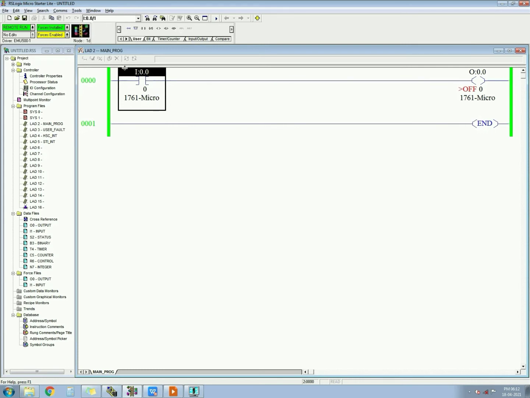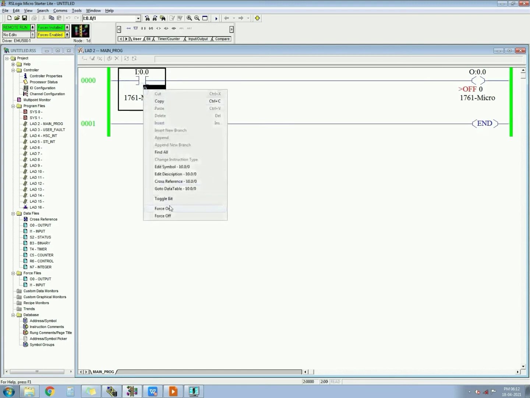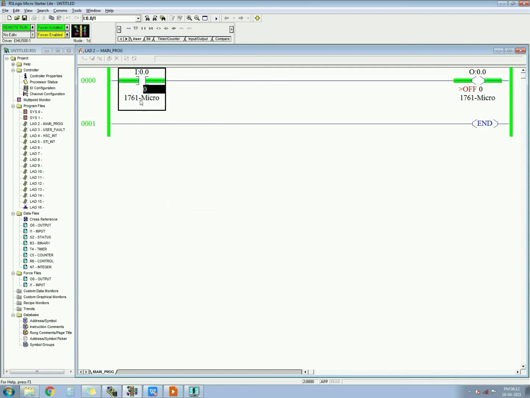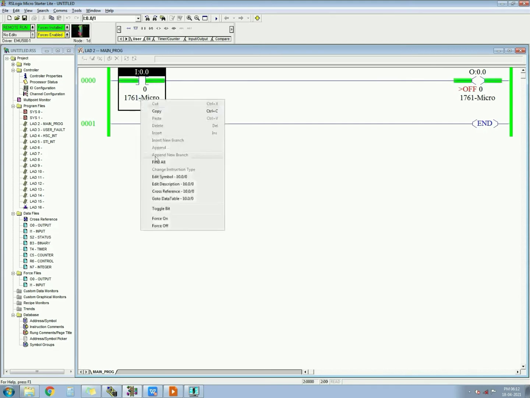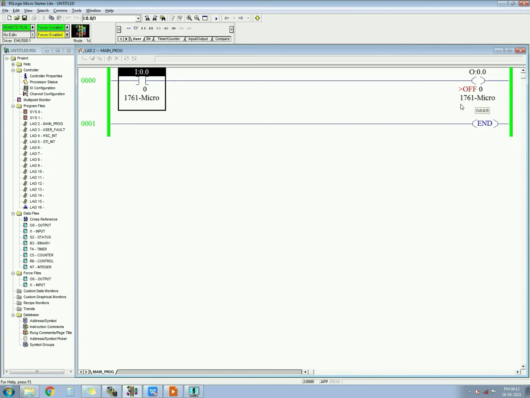If this input is not a toggle switch, this input is a push button, then when you force on, it means when you press, it will remain on. Then when you release that input, it becomes off. So this output doesn't remain on. In industry, what we do is we latch the output, so that when I am pressing the button and releasing the button, the output should still remain on. That is known as holding, or that is known as latching.